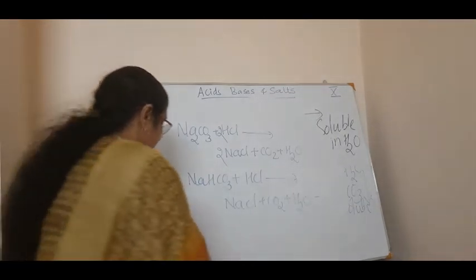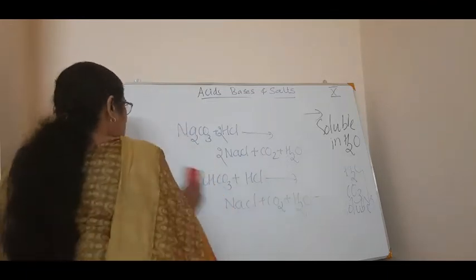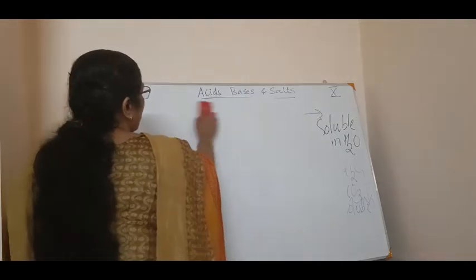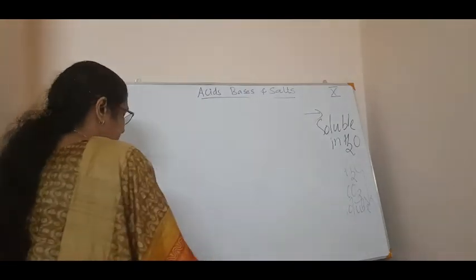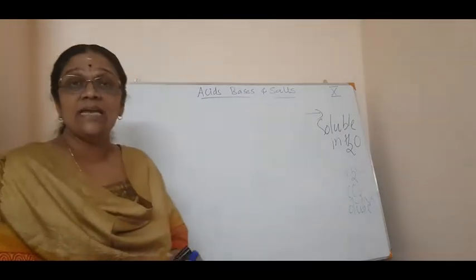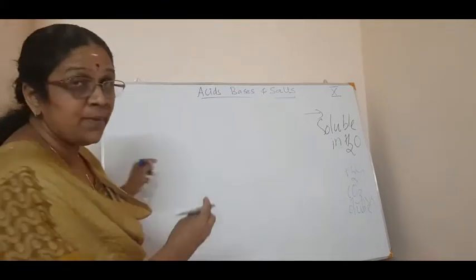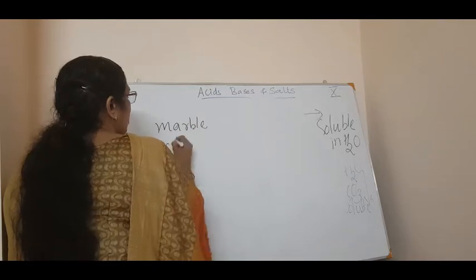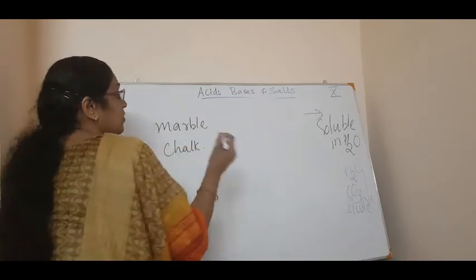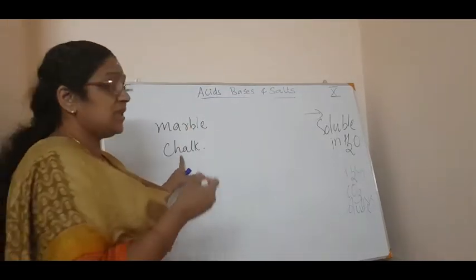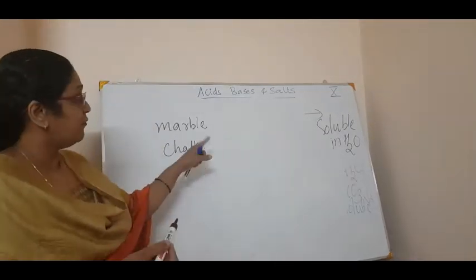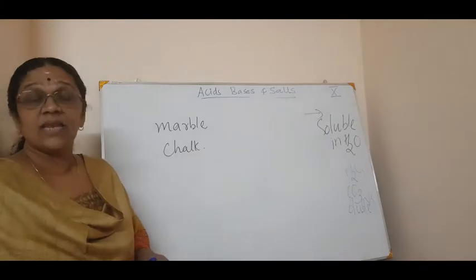Now, the next reaction is, as told, calcium carbonate is called limestone. Now, what are the other forms of limestone you see in your daily life? That is marble. You know what is marble? Now, you know what is chalk? I don't have chalk, only this pen. So on the blackboard you have to write with chalk, no? So that is also a thing of what? Calcium carbonate.